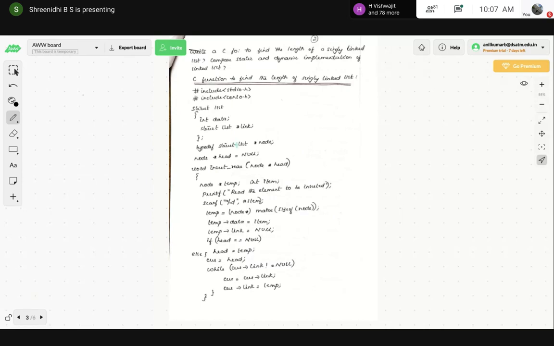So now we will write a very simple C function. If you know the pointer concept well, then only you can understand this. Execution I will do in the laboratory session with the iterative process. First understand the logic, how to write the program. So, to find the length of a singly linked list, compare static and dynamic implementation of singly linked lists. Normally these are general questions they will ask from the examination point of view or in placements. Okay. So, function to find the length of SLL.